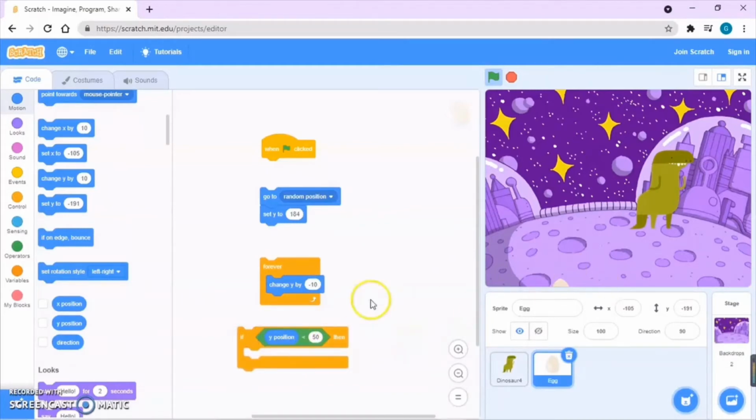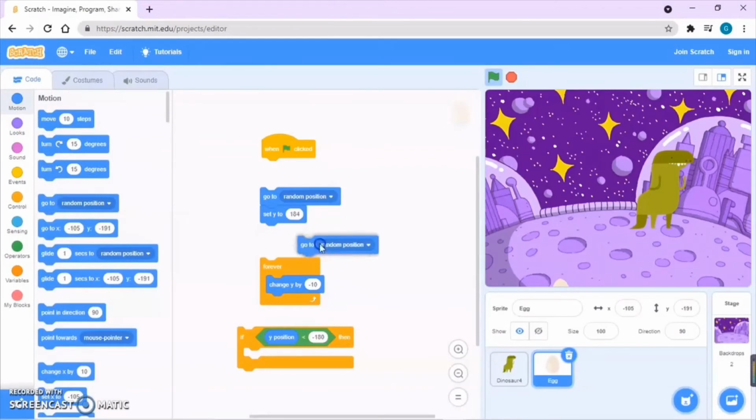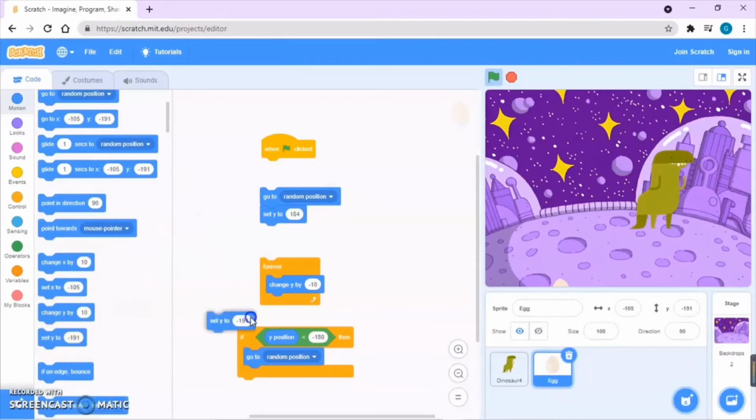So in order to make it fall again from the top to the bottom, we have to set a condition. It means when the egg falls below a certain point, it will fall again from the top. Since the current position is negative 191, we should set the position at somewhere like negative 180. So when the Y position is smaller than negative 180, then go back to motion and choose the same thing as this again. Go to random position and set Y to the same as we set here, which is